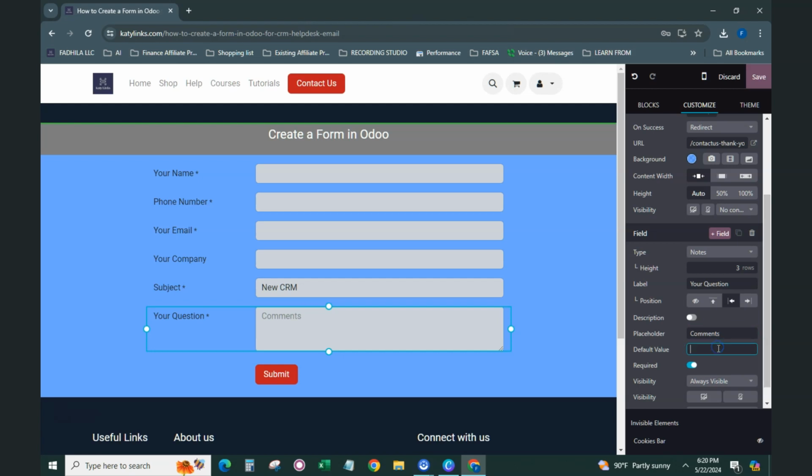And if you have any other questions, you can also enter those, but it's not required. Once you have made your form, save it and